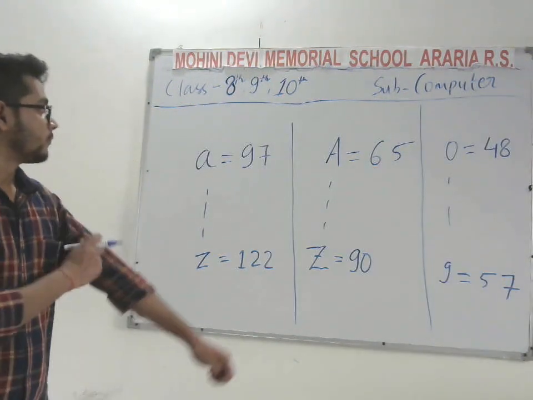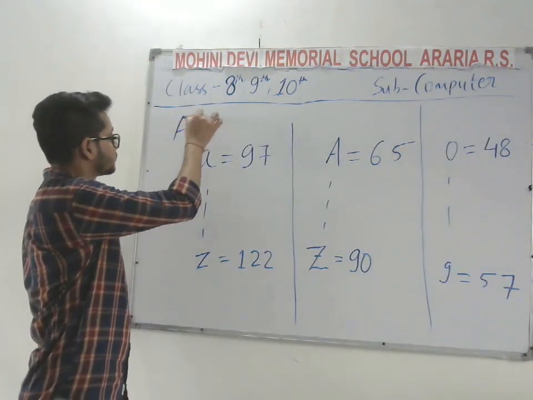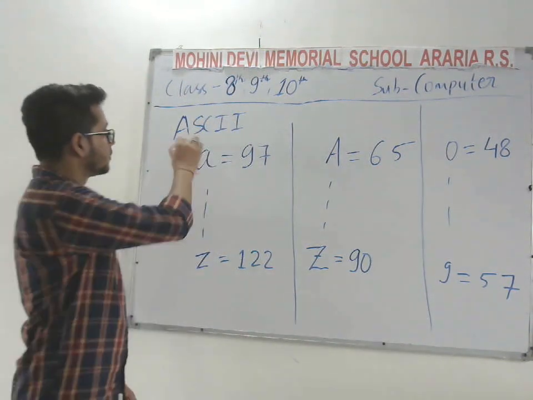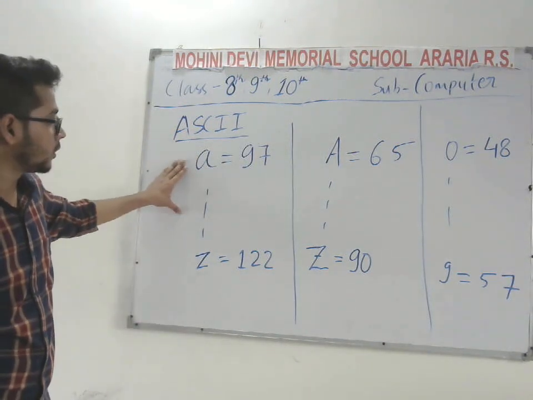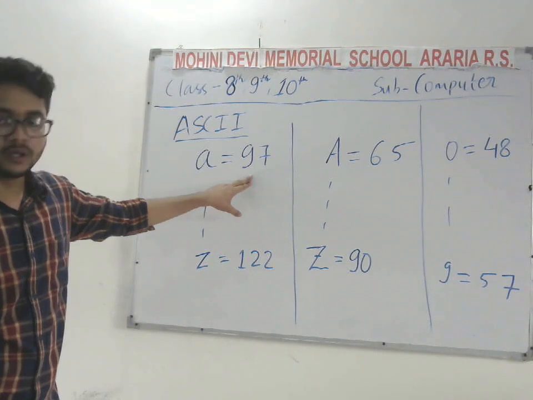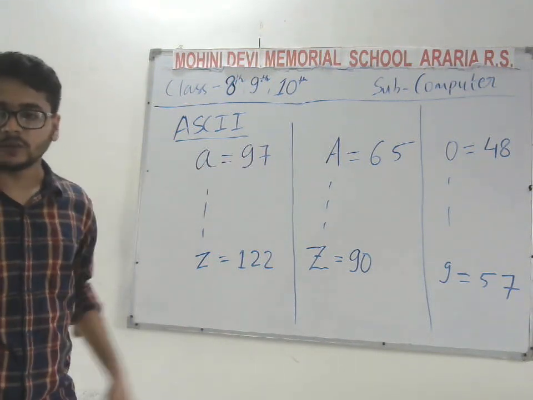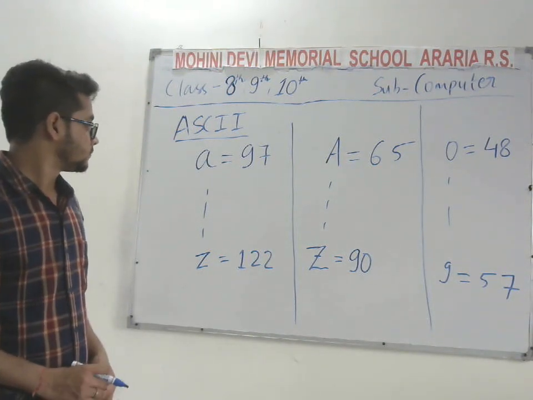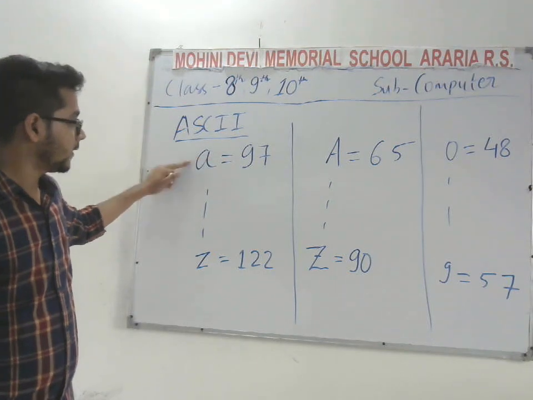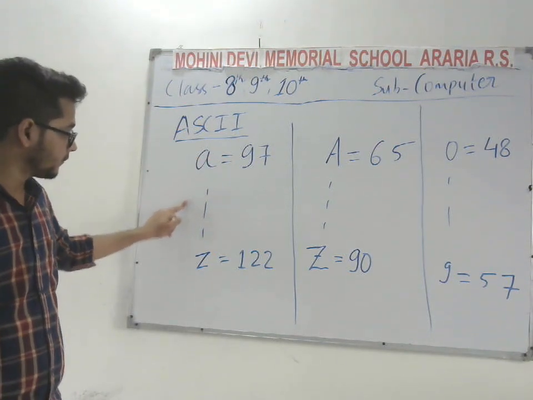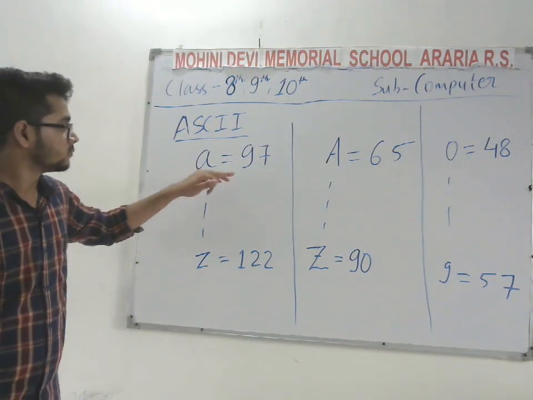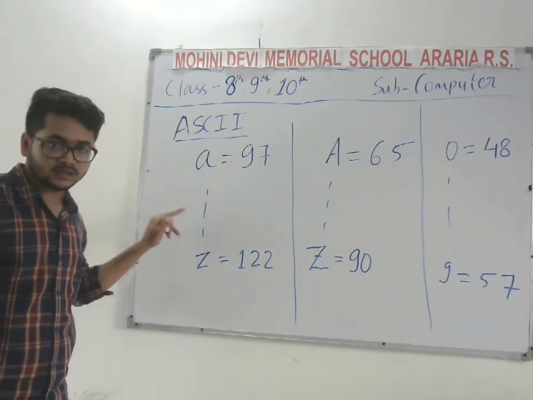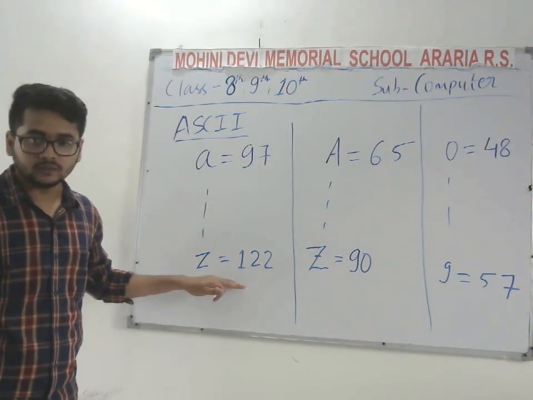So in ASCII representation, we have small a or lowercase a assigned to number 97, and we can convert 97 to binary number, right? Using the concept that we have learned in the last section. So we have a equals 97, and continuously it will move to z. So b is 98, c is 99. Okay. So all the lowercase alphabet starts from 97 and ends at 122.